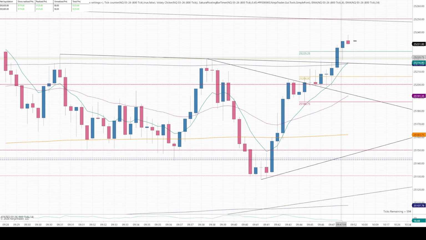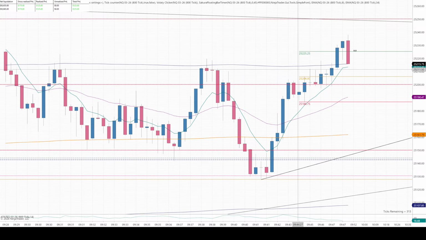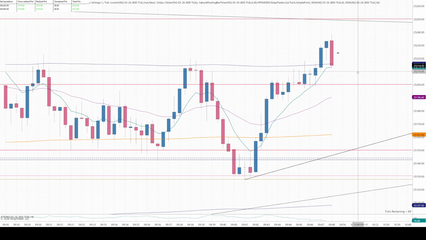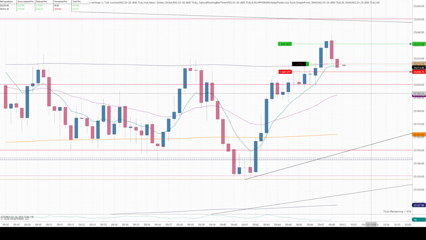So now this candle hit the target, right? I am going to move my golden rule all the way down here. I'm going to delete all the lines that don't make sense anymore. And then I'm just waiting for another potential entry here. And it might be the bounce here off of VWAP, standard deviation, if we can get it and have it go back up.